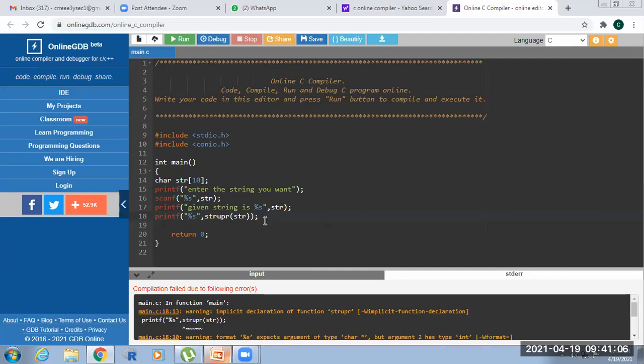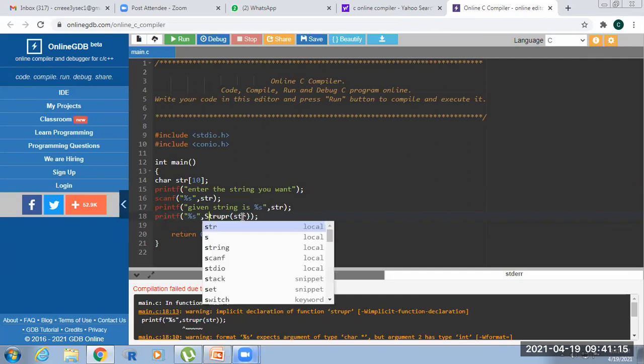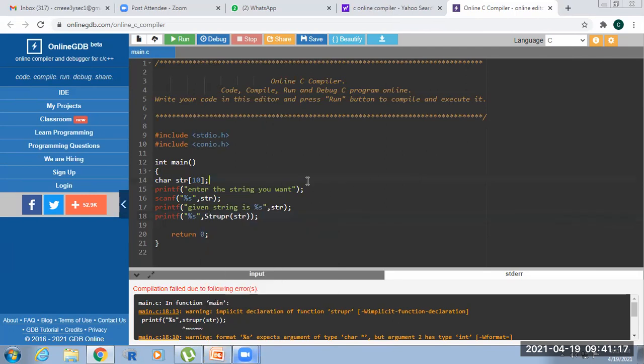In this compiler, the program is not running here. It will not support strupr. For example, I will give the s function here.